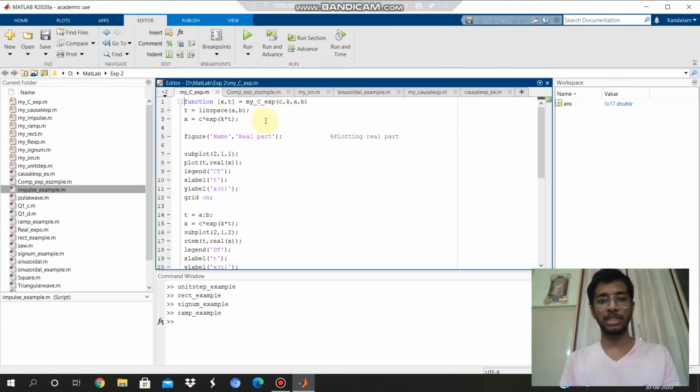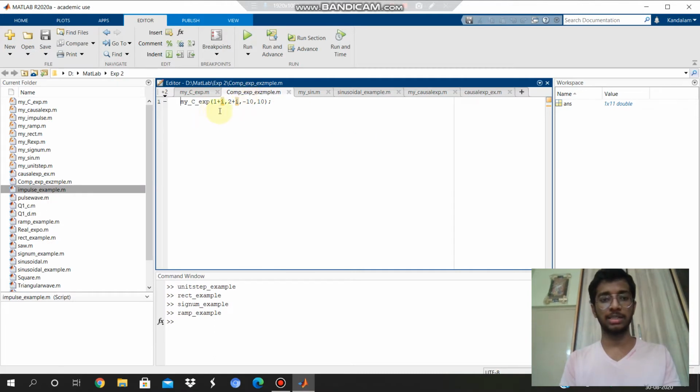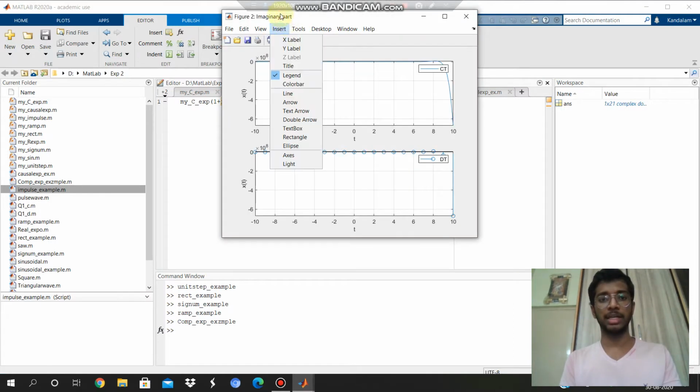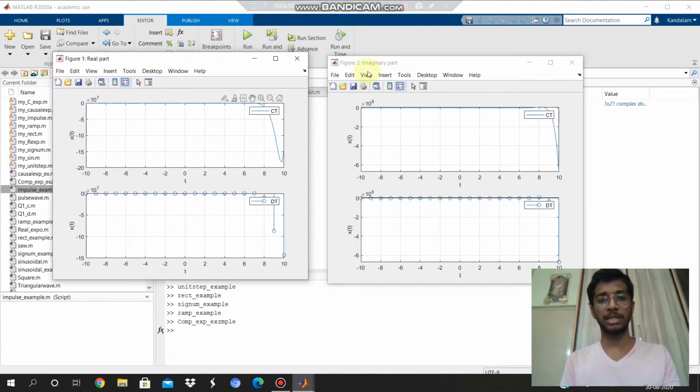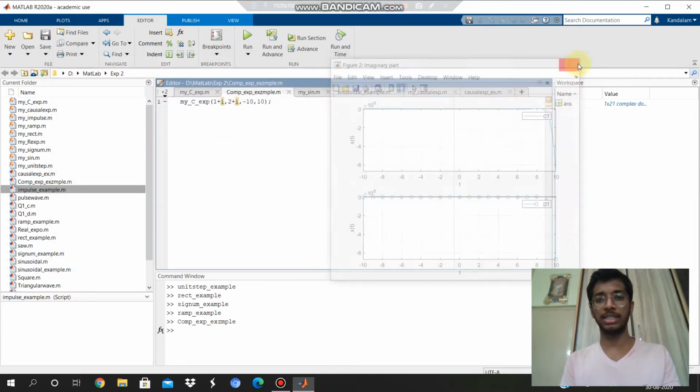Now coming to the complex valued exponential function, we will create a complex exponential function whose inputs are the coefficient of e and the coefficient of t respectively, and a, b are the lower limit and upper limit respectively. Since it is complex valued, we will send complex parameters, and when we run the code we can observe this in two views. The first one is plotting both the real part and imaginary part, and the second one is seeing the 3D graph, and we will see that in GUI.